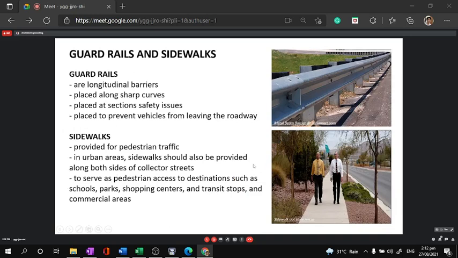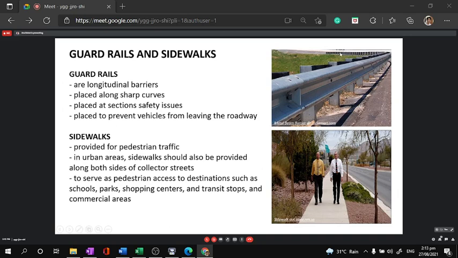Okay, then you have guardrails and sidewalks. Guardrails are metal or concrete structure that will guide and channel the movement of the driver, especially when mo drive siya on the road nga naay sharp curve or mo drive siya sa road nga kanang naay sharp nga kurbada during a nighttime period of driving. So it's a longitudinal barrier made of metal plates and whatnot, and is used to guide a maneuver of driver